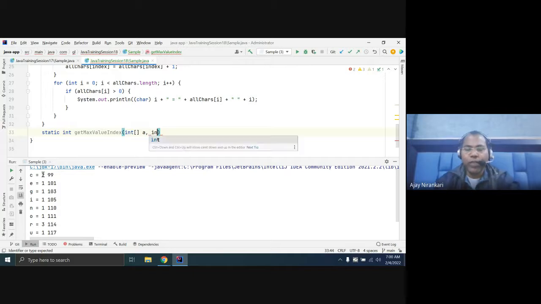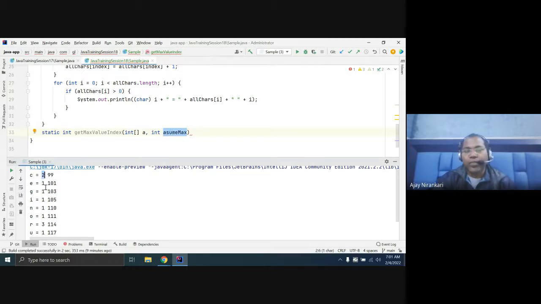So we have to pass a value which we assume is max. Okay, so we pass one max value.